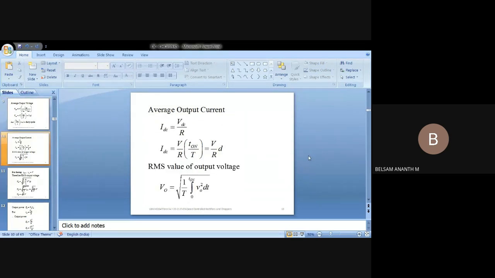Okay, therefore I_DC equals V by R into D. R is the resistance across the load, V is the voltage, and D is the duty cycle. And I think the equations depicted here, don't think that these are all new